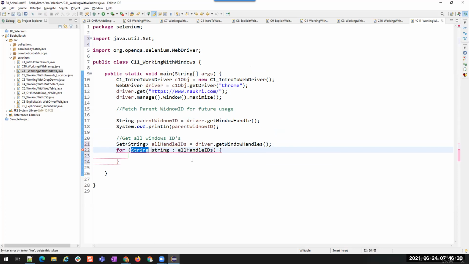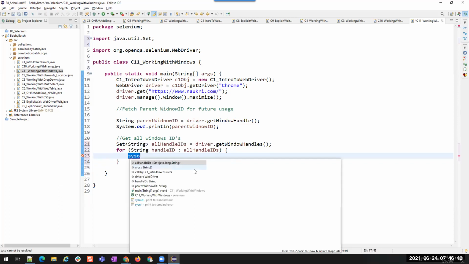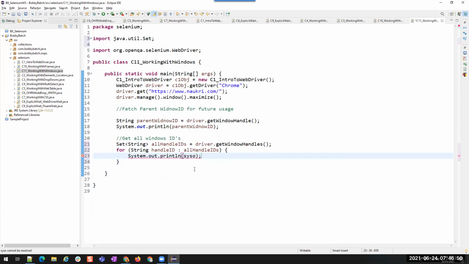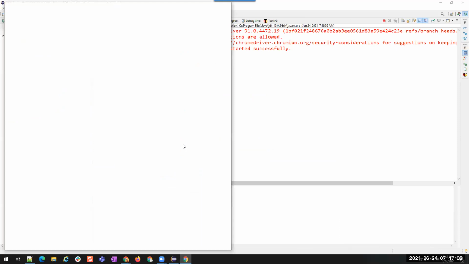Okay, I'm using a for-each loop: for each handleID in allHandleIDs, print it with System.out.println. Now see it. When I run it, it will give us three different IDs.